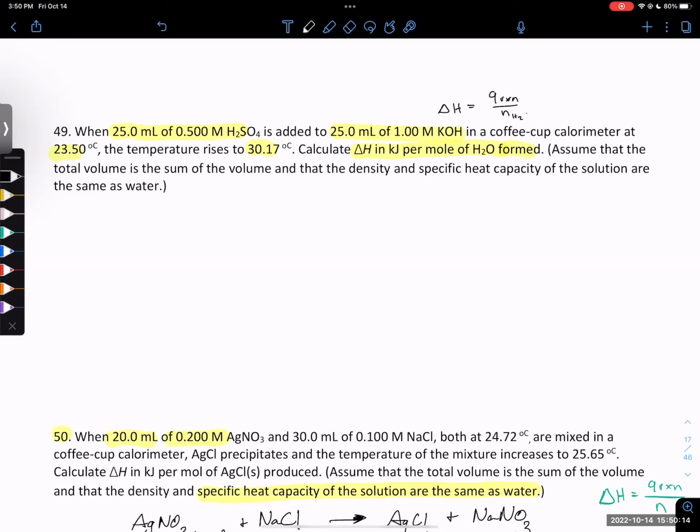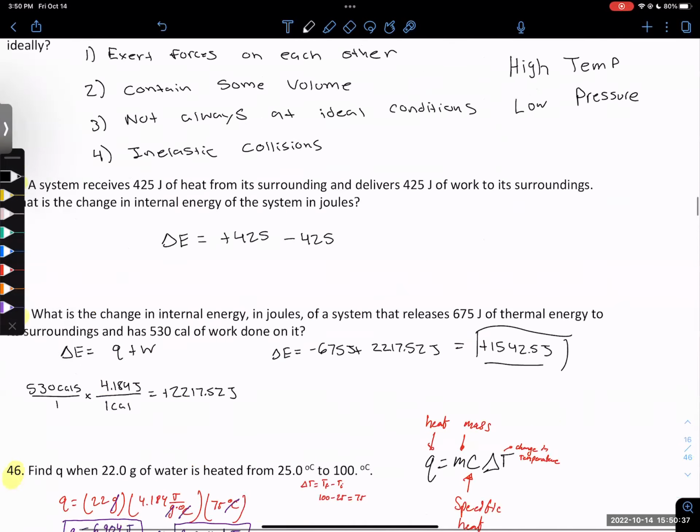That's what it's asking. All right, so from there, we can solve for the mass of water. So it's 25 milliliters plus 25 milliliters, that's 50, and since the density of water is 1 gram per milliliter,